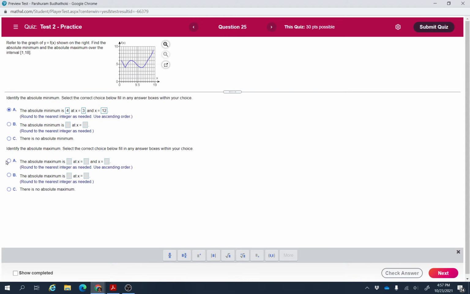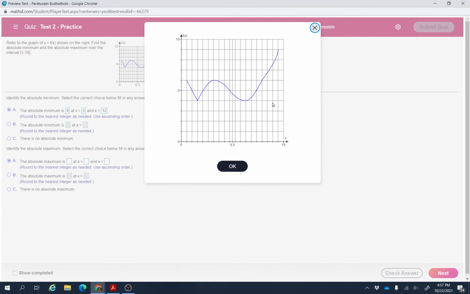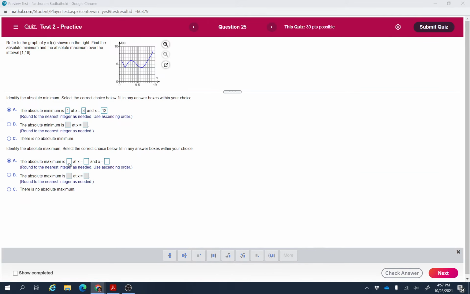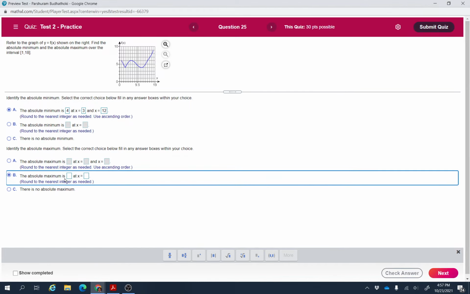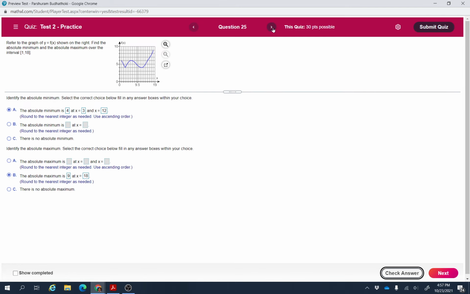And the absolute maximum value is just one value. Go back here one more time, it's going up, and that is the maximum value 9, which comes at 18. So the absolute maximum value is 9. That's just one value, so we have to choose the second one. Maximum value is 9, and it is at x equal to 18. Okay,